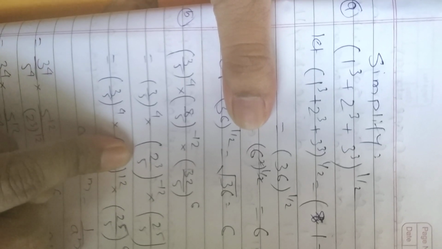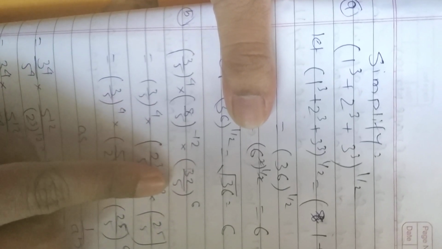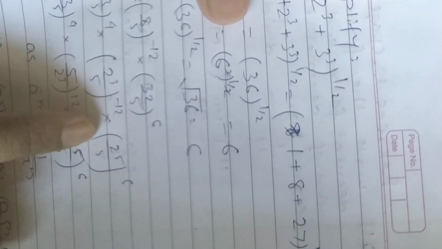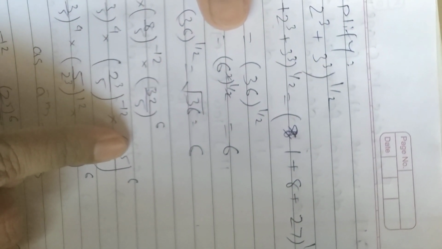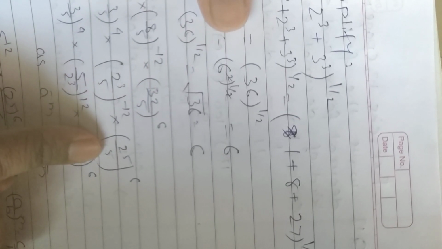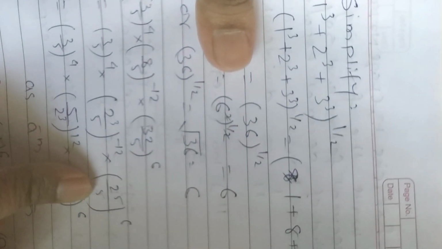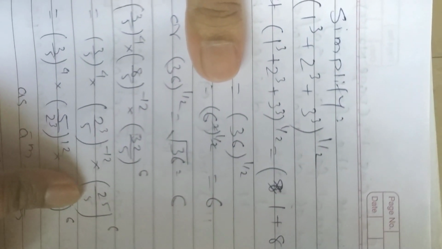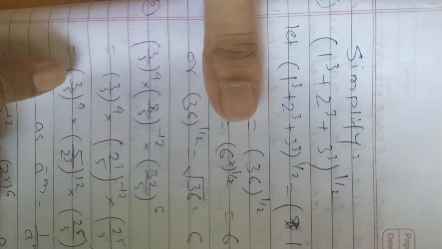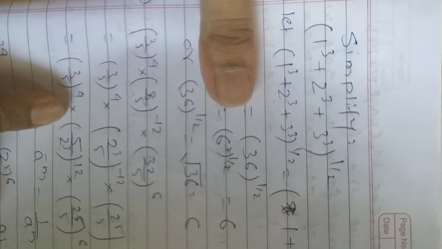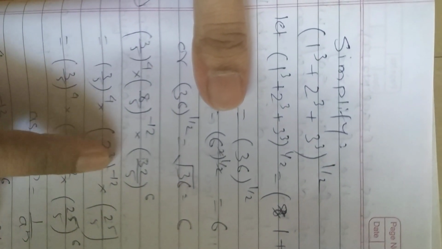This is 5 divided by 5 raised to minus 12. Here we write 32 as 2 raised to 5, and the denominator 5 raised to 6. Here it is 3 by 5 raised to 4, into